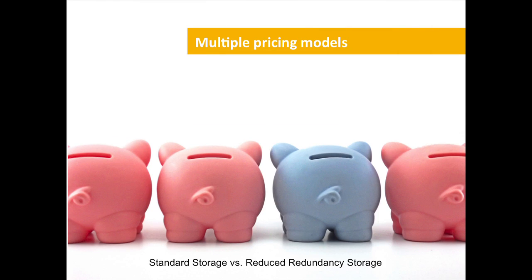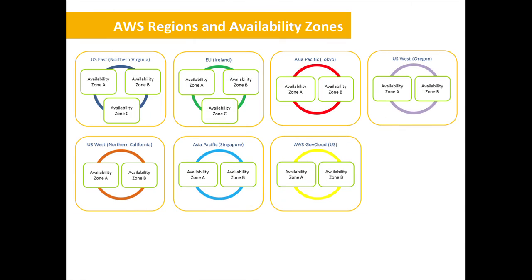With Amazon S3, there are 2 different classes of storage available. One is the standard storage, which is essentially the first thing that you go with. The second class of storage is what we call the reduced redundancy store. So the first one is, of course, I'm going to talk about in detail about that, but the basic aspect